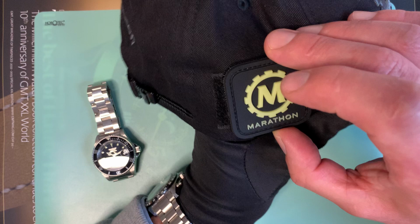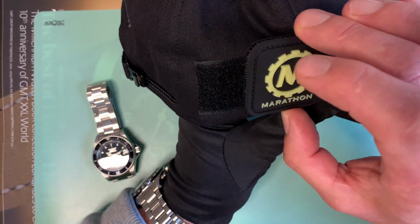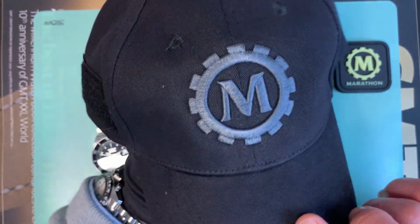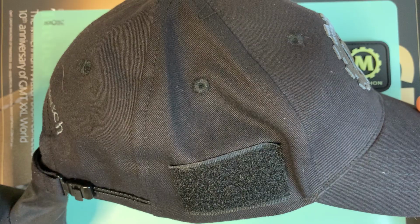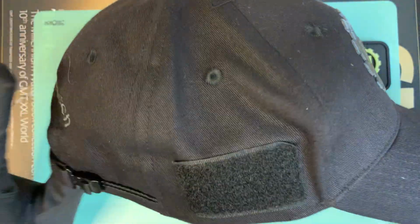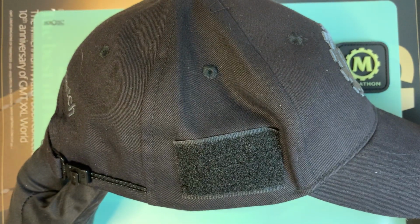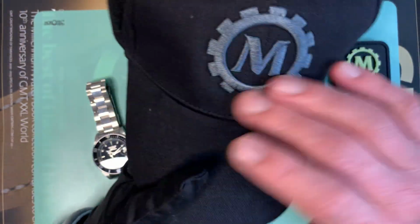It doesn't sort of fit the Velcro patch. There's a name for these. I can't think what they are. But yeah, I'm not going to wear that on there. It looks a bit strange. Black baseball caps are not my cup of tea, but as they go, this one has a lovely profile. It's not one of those trucker caps that are huge and have a big gap above your head. It's got a lovely peak, it's all a bit close in, but lovely peak, lovely embroidered